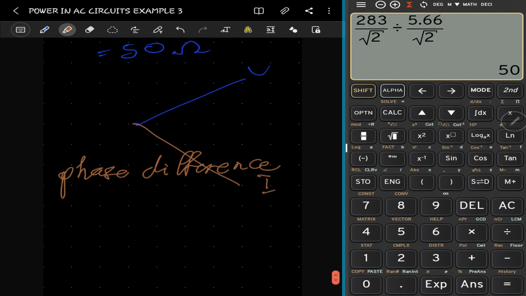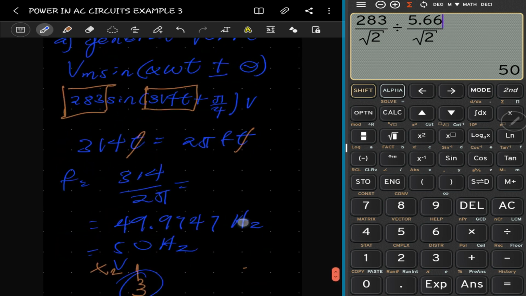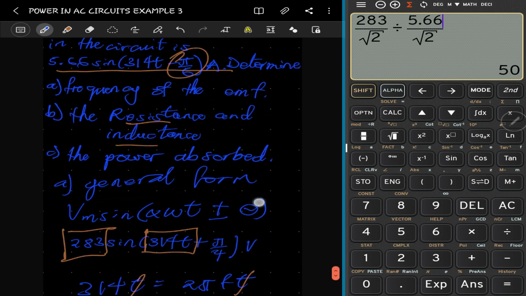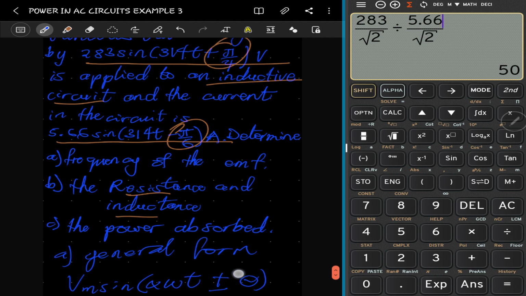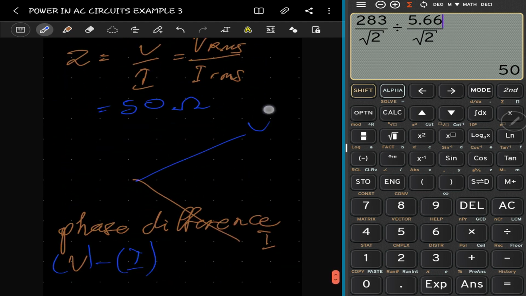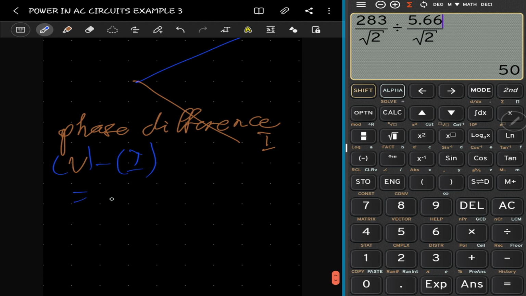So to find the phase difference, we subtract the phase of this from this, right? Check the phase difference. So for the voltage, it is pi on 4, right? So the phase difference is basically equal to pi on 4 minus